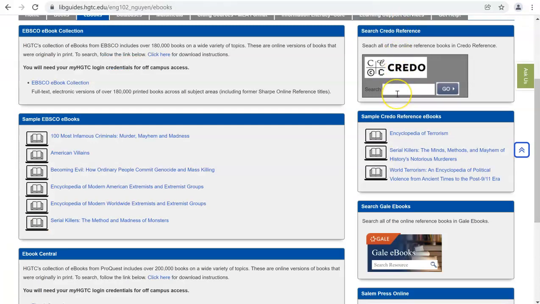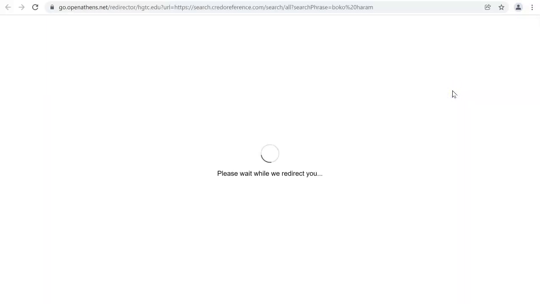Again, over here on the right-hand side, these are ebook collections where you're only getting an entry about your topic out of a book, meaning you don't have to get or read the entire ebook. So if I were in Credo Reference and did the same exact search that I just did a moment ago,